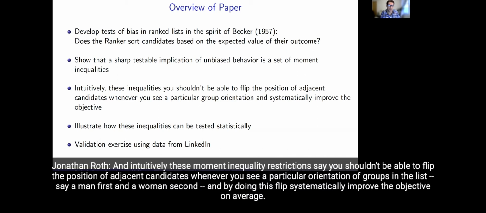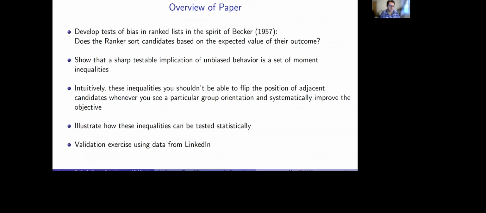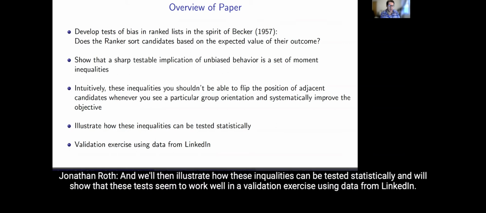And intuitively, these moment inequality restrictions say you shouldn't be able to flip the position of adjacent candidates whenever you see a particular orientation of groups in the list, say men first and women second, and by doing this flip, systematically improve the objective on average. And we'll then illustrate how these inequalities can be tested statistically, and we'll show that the tests seem to work well in a validation exercise using data from